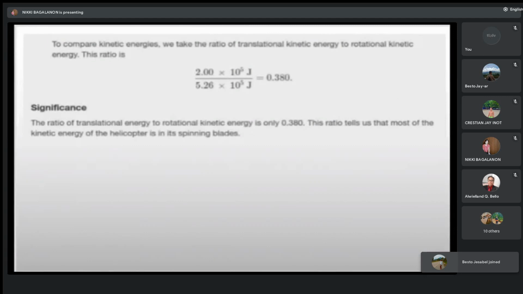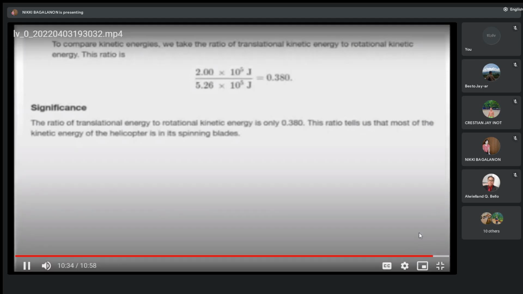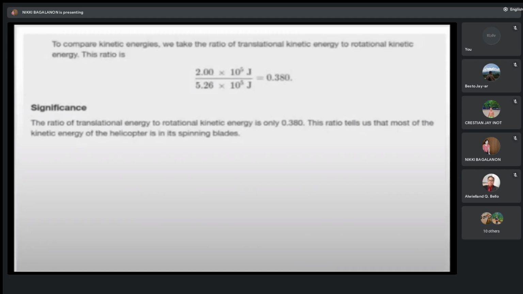To compare kinetic energies, we take the ratio of translational kinetic energy to rotational kinetic energy. This ratio is 2 times 10 raised to the power of 5 joule divided by 5.26 times 10 raised to the power of 5 joule, which is equal to